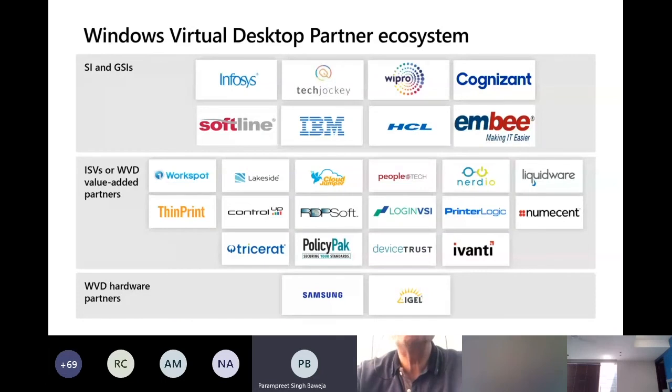So there are multiple partners and multiple solutions available. And last but not the least, we have tie-ups with a lot of hardware partners. You might be thinking that I don't have laptops for my employees. What do I do? You don't need to invest in that. We have hardware partners who we can help you tie up with, and you can procure dumb terminals, or Techjockey can help you procure them. Dumb terminals from HP, Lenovo, all of these are partners. A few names which Microsoft is directly partnering with are mentioned on the slide here.